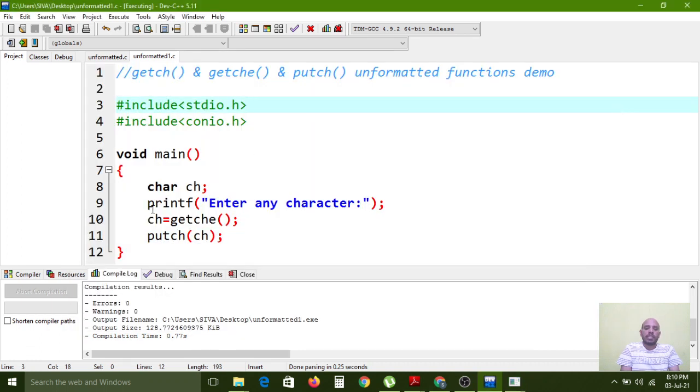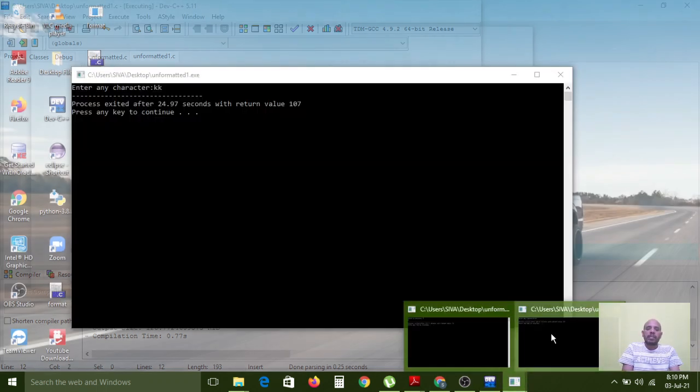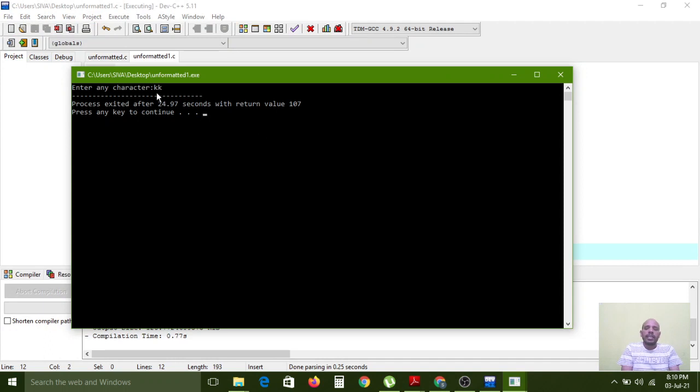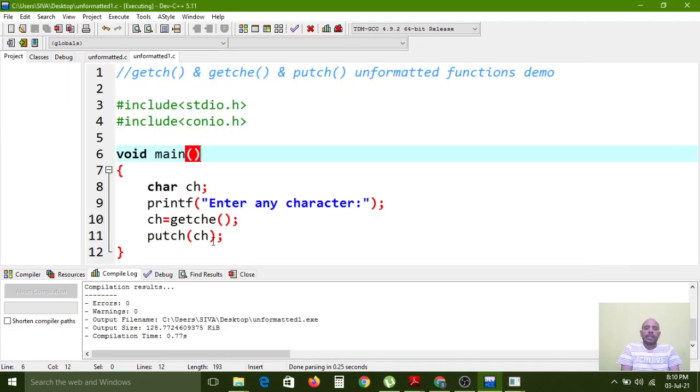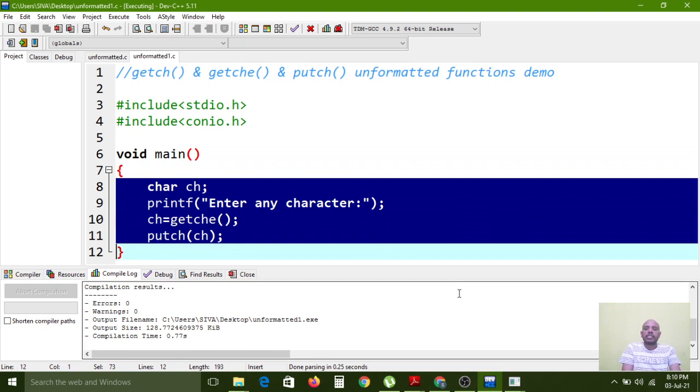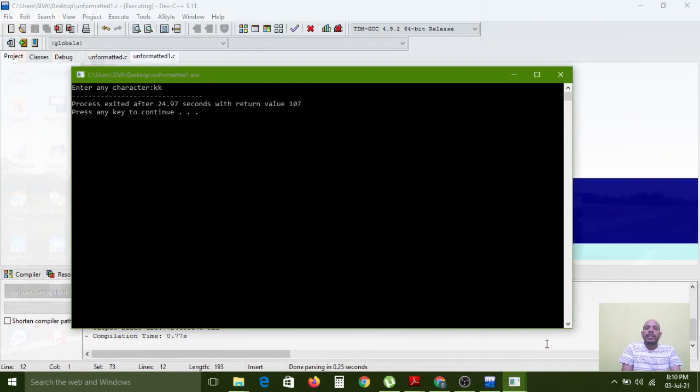After execution of all the statements, the program execution is terminated, because the steps have completed: the getche function and putch function executed.